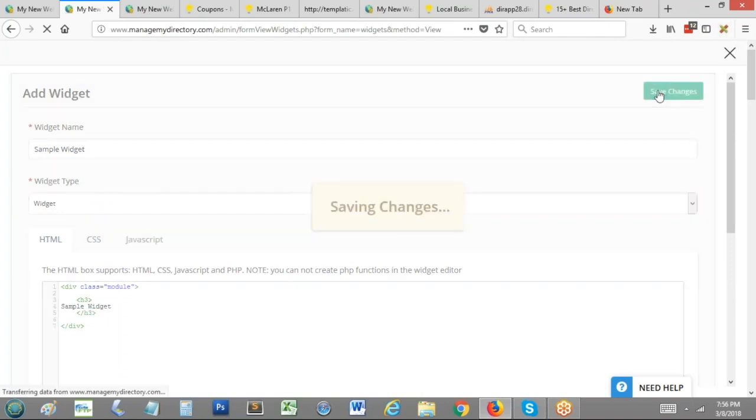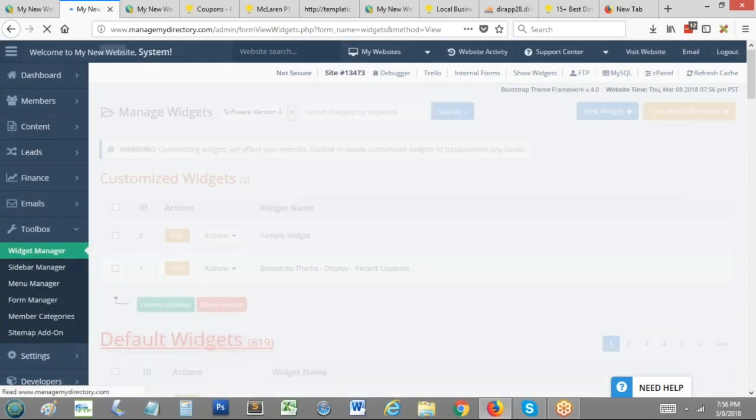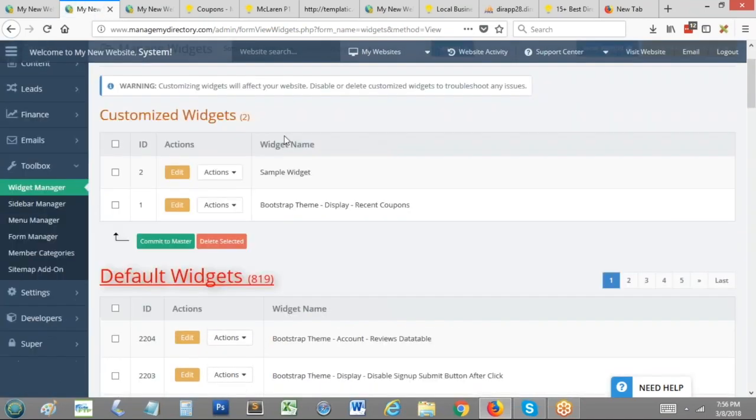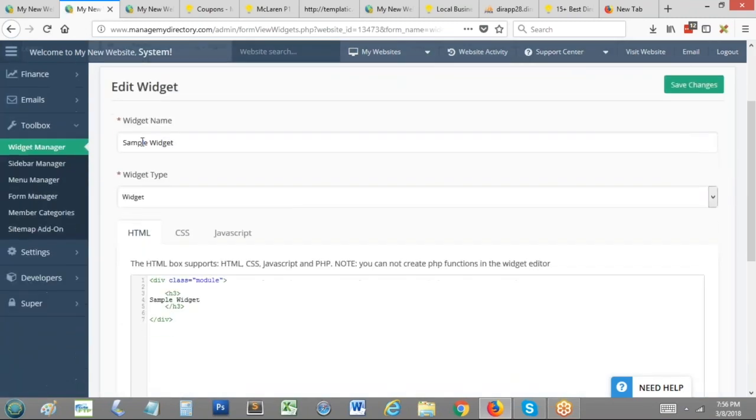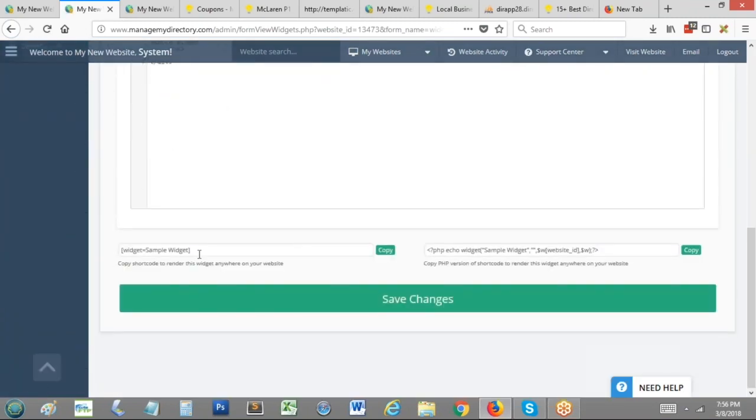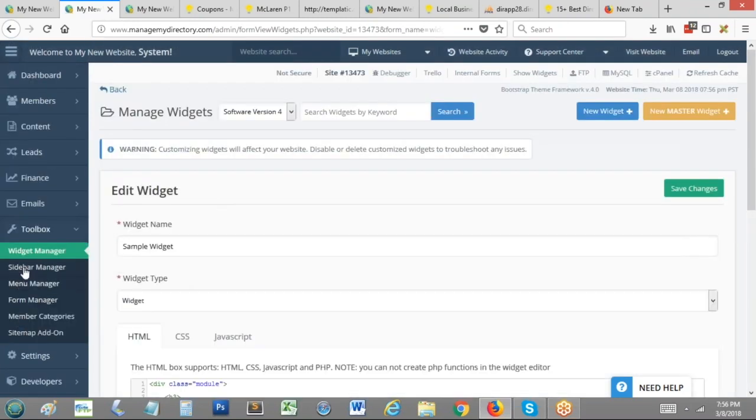So we've now created a custom widget, which is portable. You can put this anywhere. You can put it in the search results loop. You can put it on the detail page. I'll show you. I'm going to put it in a few places for you so you can see. So we created the sample widget. You can scroll down here. You can copy the PHP version or you can copy the shortcode version. I'm just going to copy the PHP version. Actually, I'll copy the shortcode version. So what you can do,